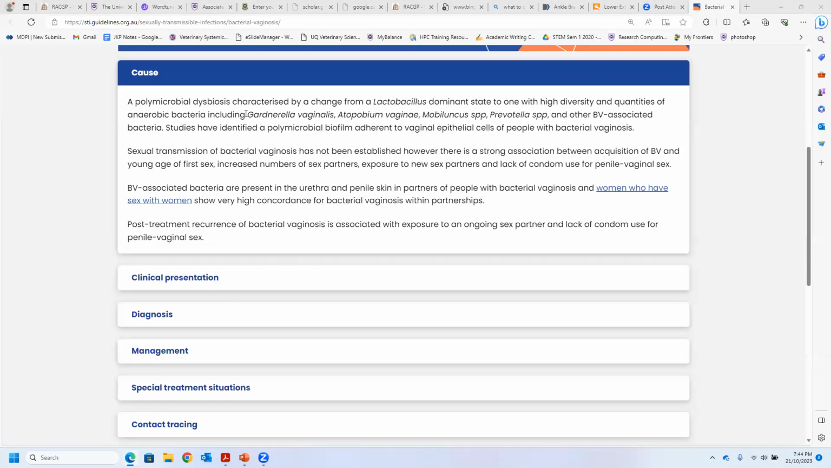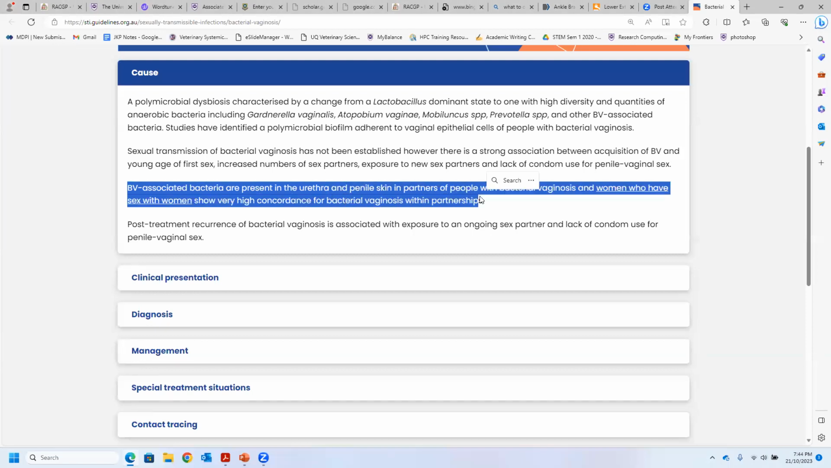It's caused by Gardnerella vaginalis, Atopobium vaginae, Mobiluncus, and Prevotella. You need to know about these names because they're asked about it. There are associated bacteria present in the urethra and penile skin in partners of people with bacterial vaginosis, and women who have sexual intercourse with women show very high incidence of bacterial vaginosis within partnerships. Post-treatment recurrence of bacterial vaginosis is associated with the exposure to an ongoing sex partner and lack of use of the